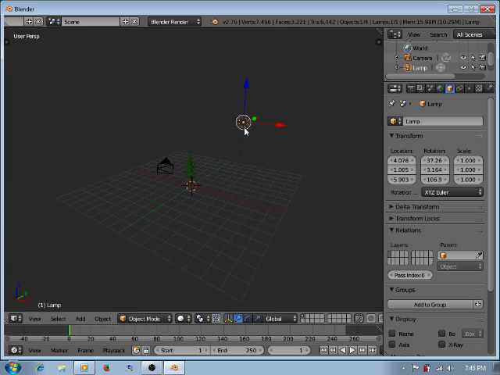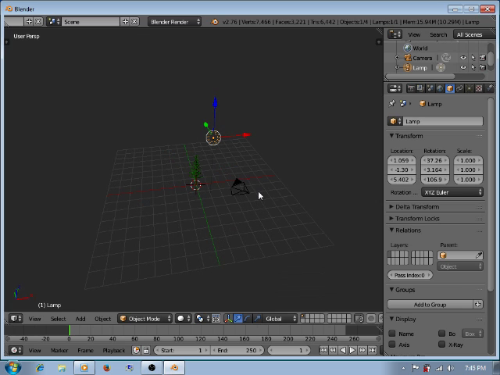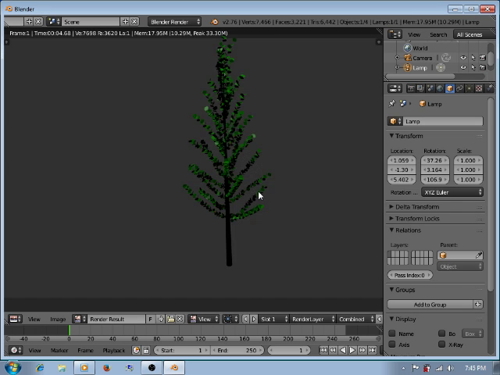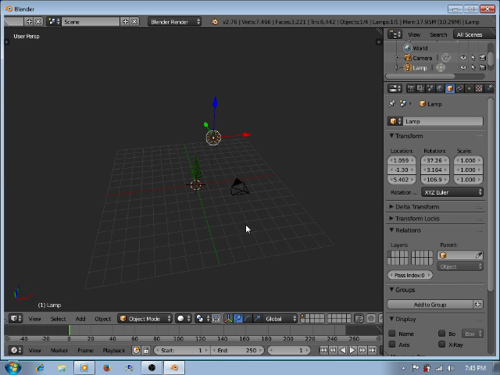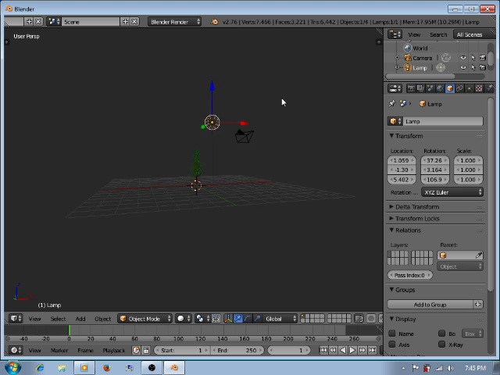Grab my light. I press 12, it's going to lag again, so expect a little bit of delay. There we go. That's the tree. It's pretty good. The brown is kind of hidden because it's not bright enough. But now onto the water.